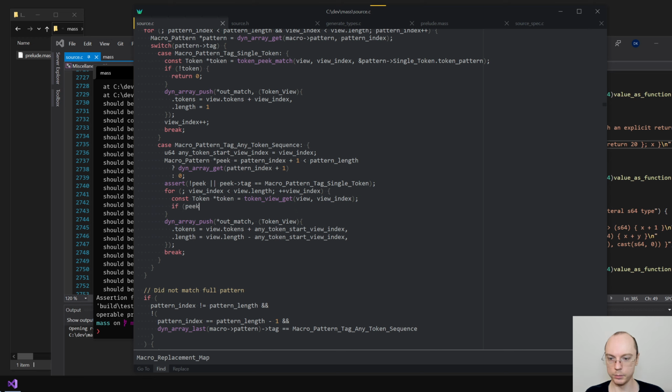If peak and peak and, oh, actually, and token match, token match what, token peak single token pattern.